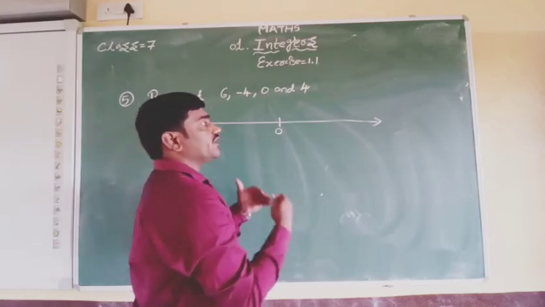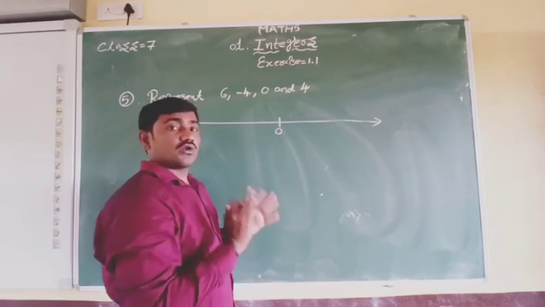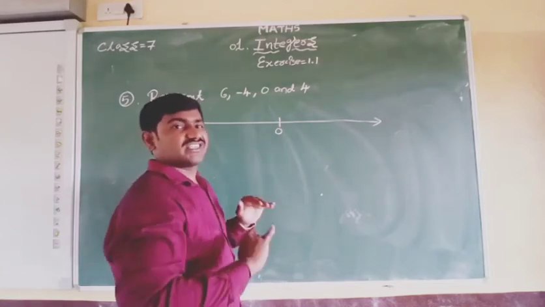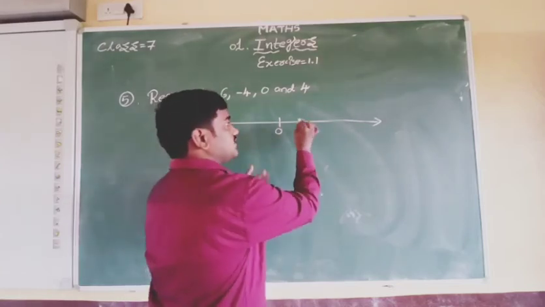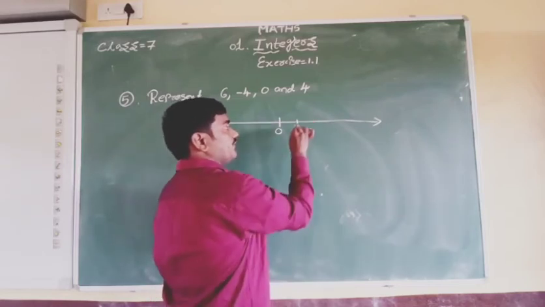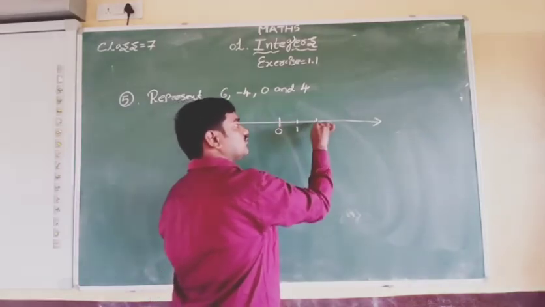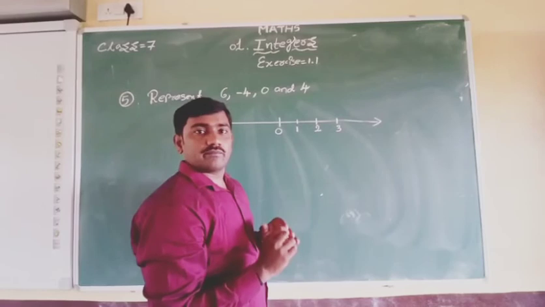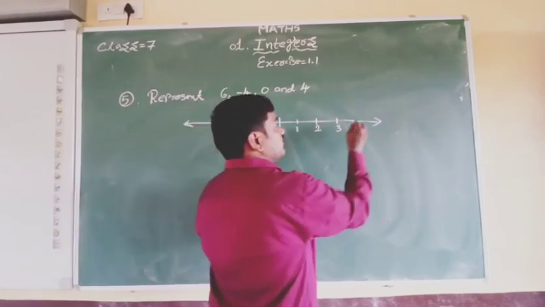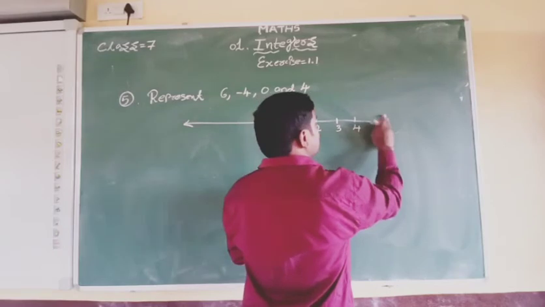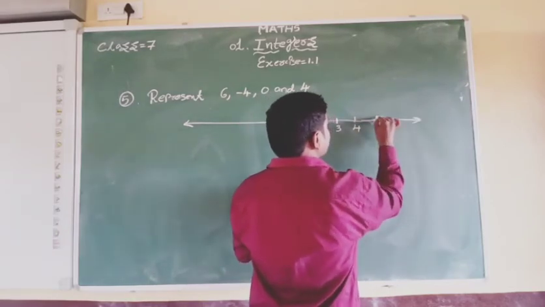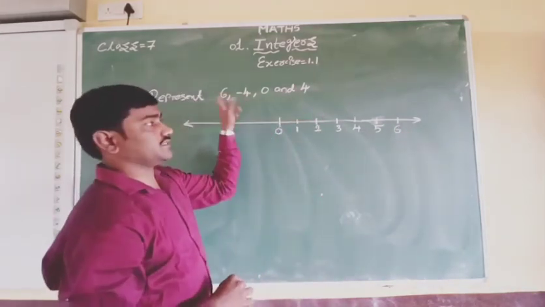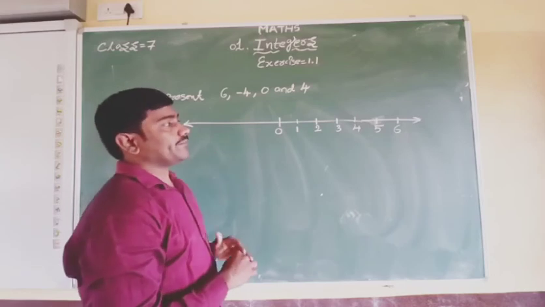Whenever you are putting positive or negative values, take a ruler or a scale, and put the distance equally. That is the thing here in the integer number line. We have to take the same distance here. Suppose if you take 1, with the same distance you have to take the second one and third. This distance you measure with a scale to avoid problems. These are 4. Let us extend this line again. 5 and 6. I think this is more than enough because we only have 6. That's enough.